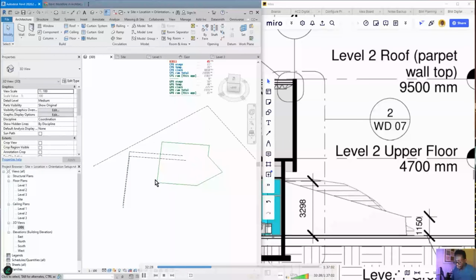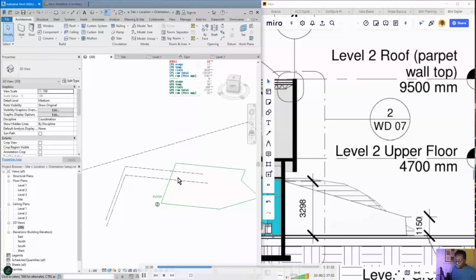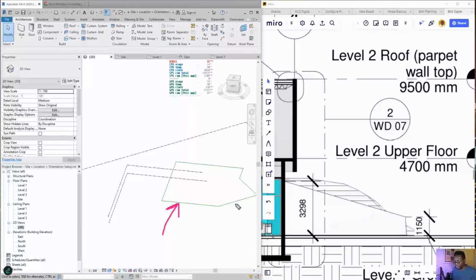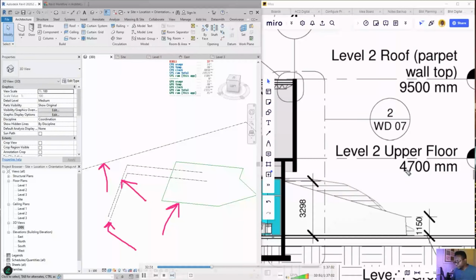Now, I want you to notice something. So we know that this green line here is our site that we traced over as a model line, so we can see it in the 3D view. But I want to point your attention to this level here, and then this level here, and then we created this level, which is here. So that is going to be interesting, and if you are following along, then you might end up with this same effect. So if I kind of zoom out here,